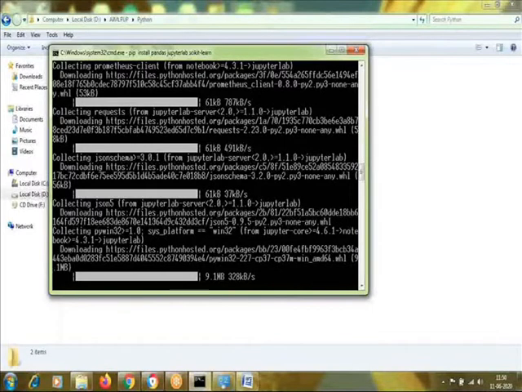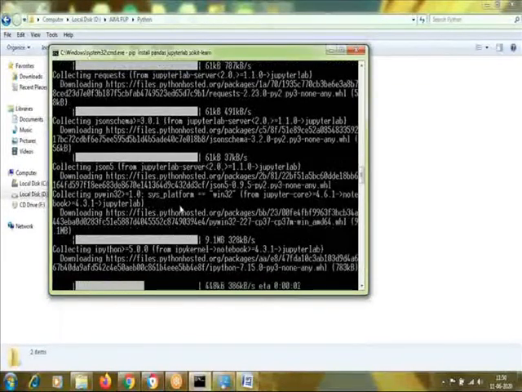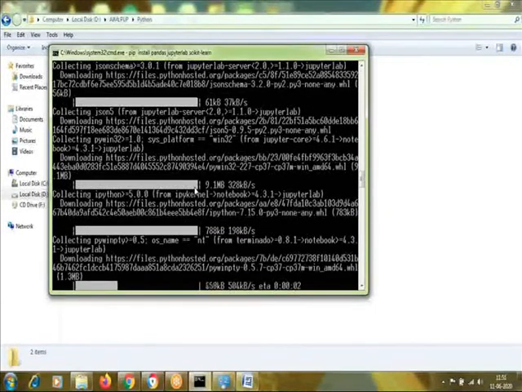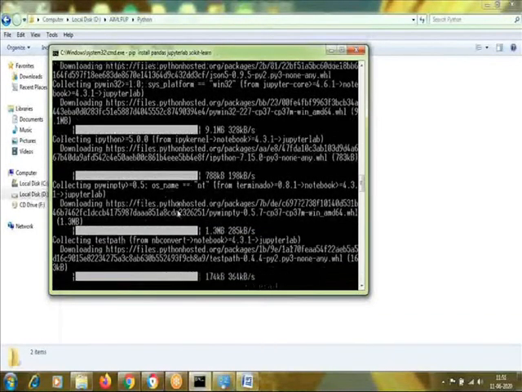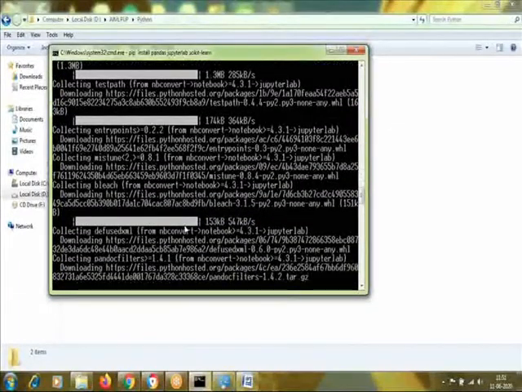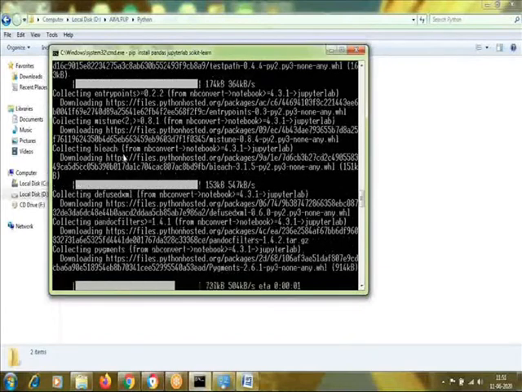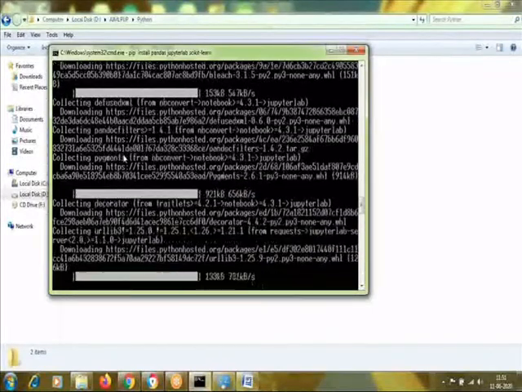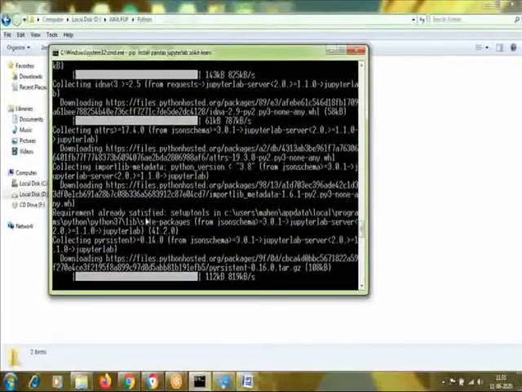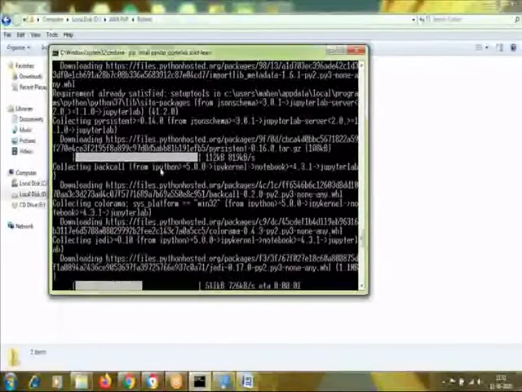So I hope everyone is with me and everyone is installing these libraries on your machine. Okay, so NumPy is installed. Now we are installing Pandas as well as Jupyter Lab and Scikit-learn all together. And you can see that there are many other packages also downloading here simultaneously. These are the dependent packages. So installing those three is not sufficient.